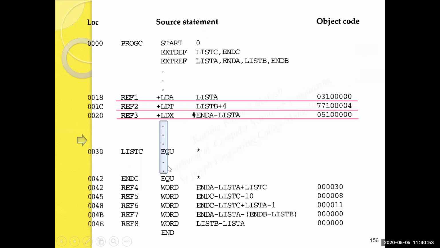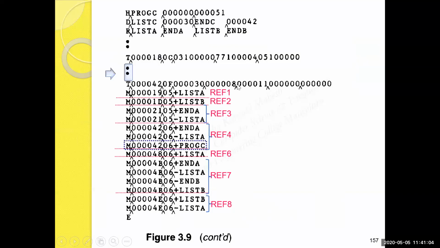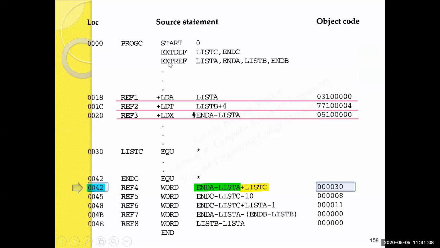Next, remaining statements are processed, and since this is the end of the text record, there are few instructions, so we terminate here. You may see that there are 4 instructions, totally 12 bytes, which is indicated here. The length is C. We'll proceed with the next object code, that is 30, corresponding to reference 4 generated at